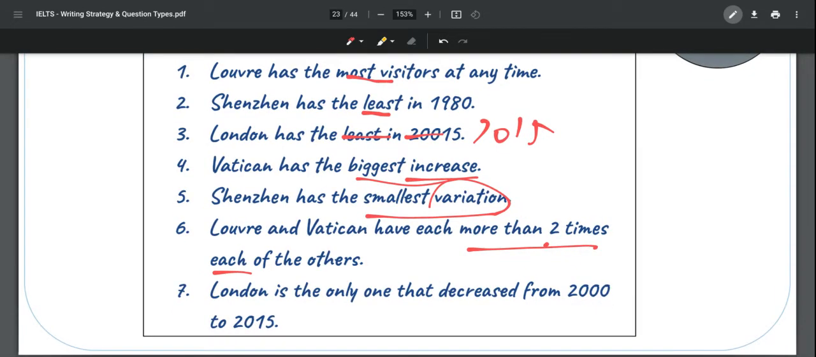That's a relationship between 2 museums. And then there's the only one that decreased from 2000 to 2015. Now, you don't have to have exactly these. You may have these plus some other information, or you may just have different information, but it has to look